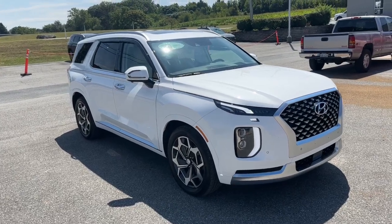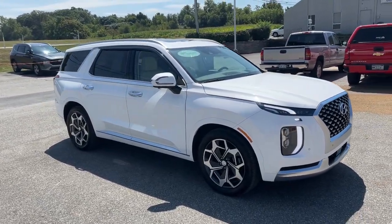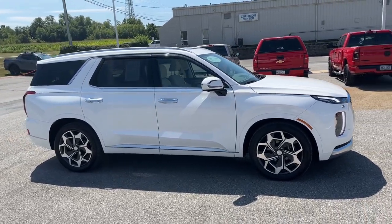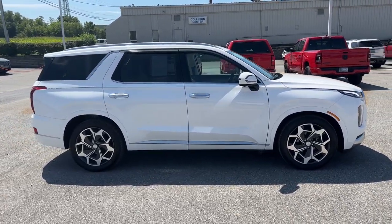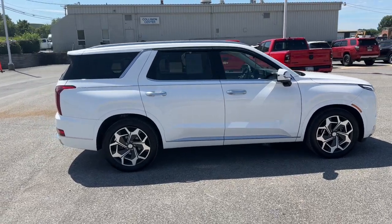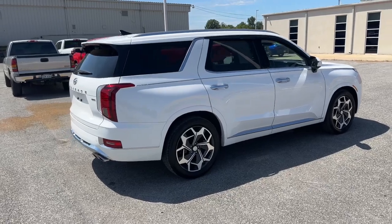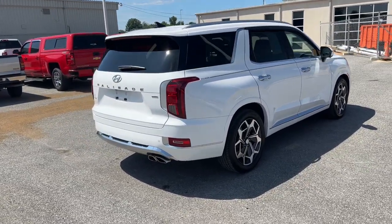You just found the 2021 Hyundai Palisade. With less than 25,000 miles on the odometer, this vehicle stands out from the rest. Here's a convenient, comfortable, and capable Hyundai Palisade, the spacious three-row crossover with a silky smooth ride, V6 power, and